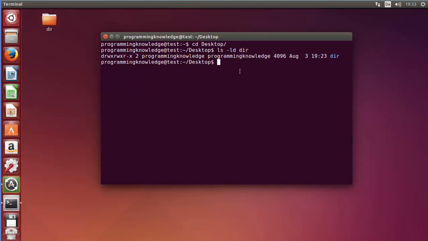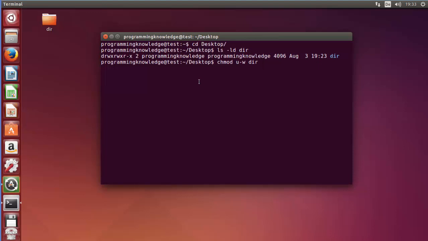Now let's change the permission of this directory for the user so that we reduce the write capability of the user. For example, I will write chmod, then u-w, which means we are subtracting the write permission from the user, and the directory name.